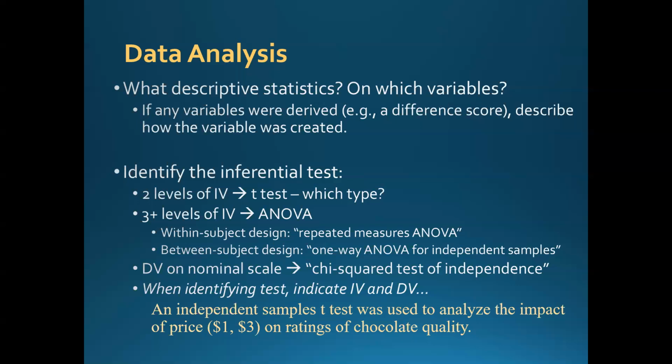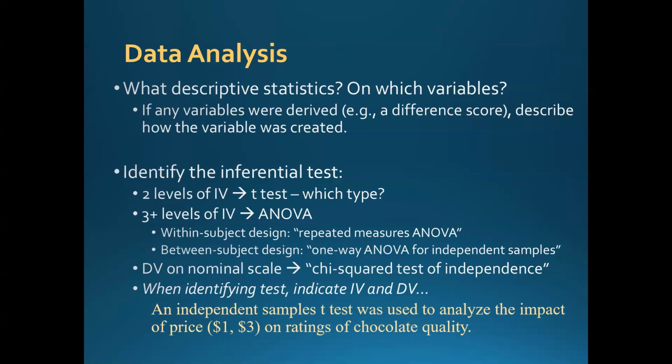Essentially, if you have a pre-test, post-test, right, where you assess, I'm going to say emotions, right? Let's just pick emotion, sadness. If you assess sadness before your vignette and then assess sadness after your vignette, and you want to see, does your manipulation of your IV change emotions, right? And you have a change score, talk about that, talk about how the variable was created. So, maybe you did a pre-test and a post-test, and you're going to subtract one from the other.